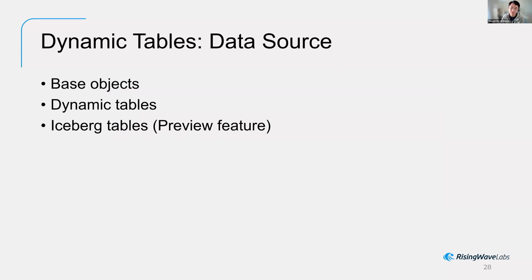The only three sources it allowed: first, base tables, base objects, right? Base objects could be a materialized view, or a standard Snowflake table, right? Well, if you have a table, you can build a dynamic table on top of it, but you cannot directly, let's say, connect your dynamic table with a Kafka or with your Postgres CDC. It's not allowed. And you cannot directly load the data from a bunch of CSV files into a dynamic table. It's not allowed at all.